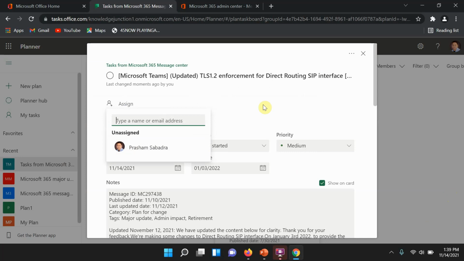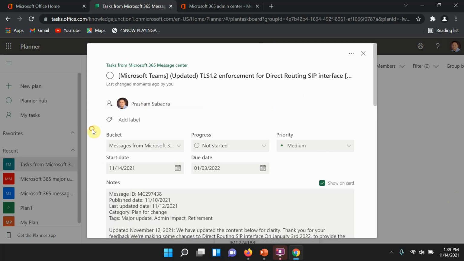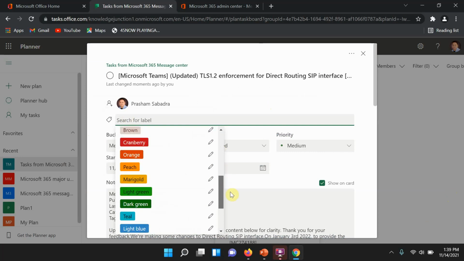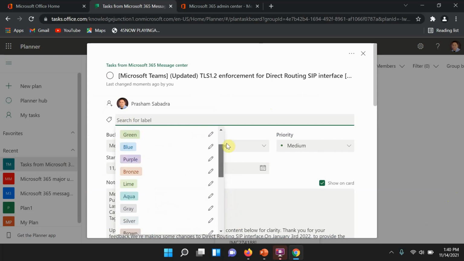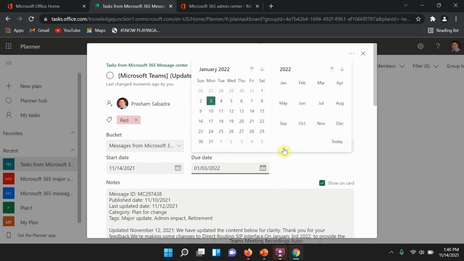Once I am assigned, we could add a label. Let's have the red one, urgent task, not started, priority urgent, and the deadline is this. We need to solve it today itself.